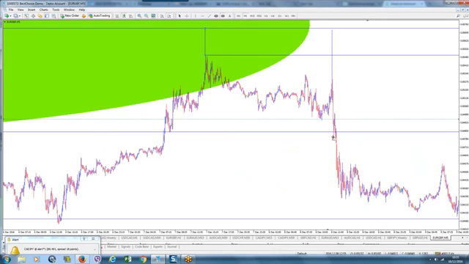So this little M5 kink could turn price on a monthly scale. And there's nothing wrong with turning price on a monthly scale with an entry there and a stop loss above there, which then gives you